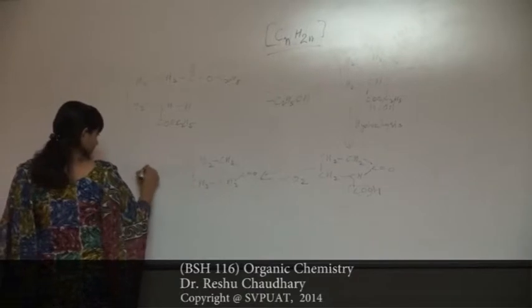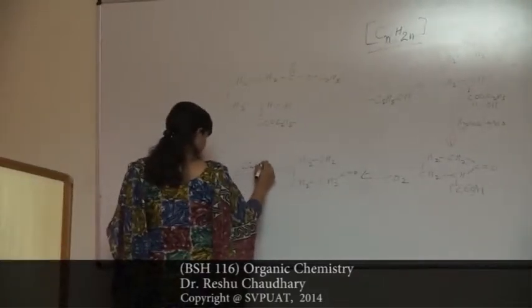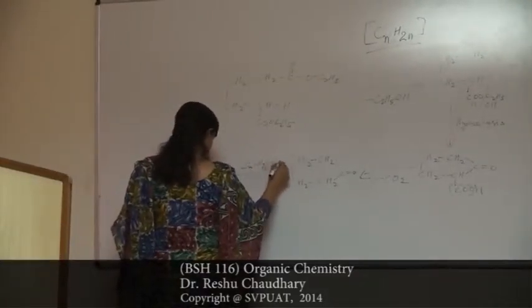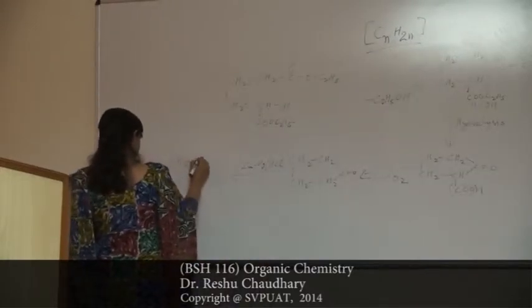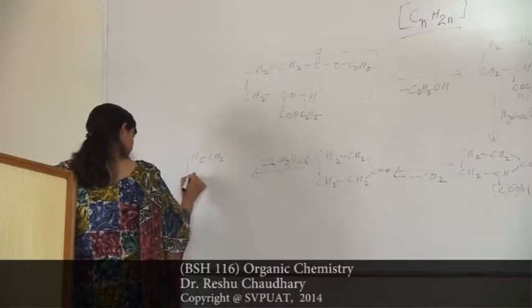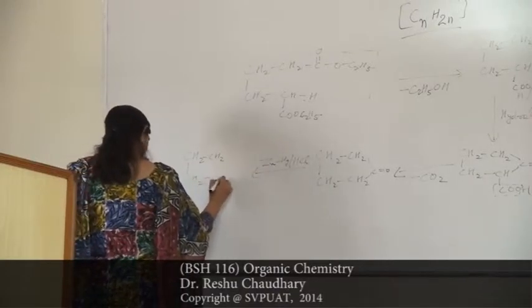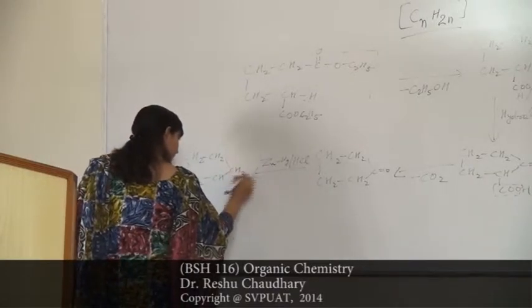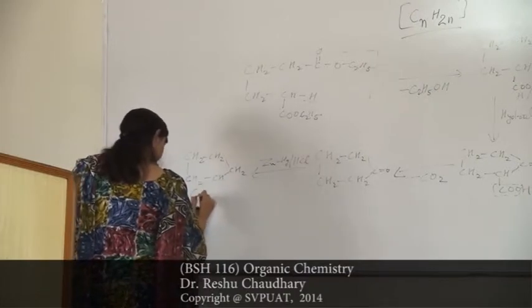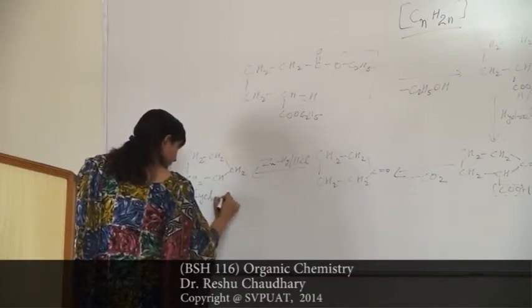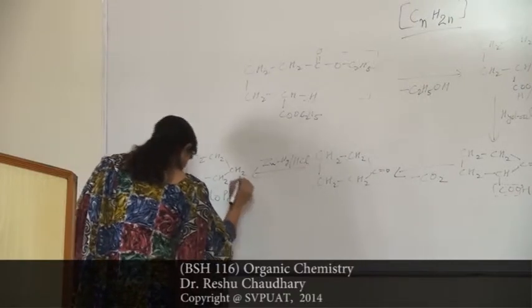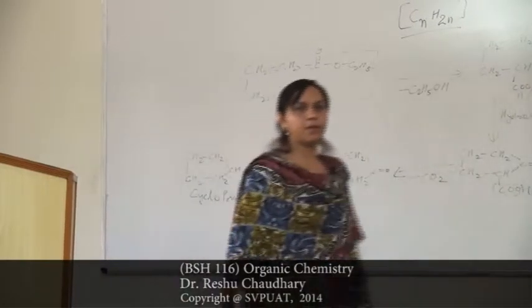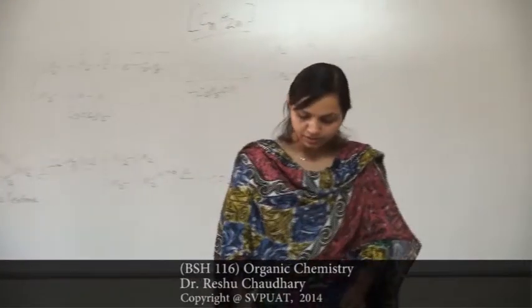When in presence of zinc, mercury and hydrochloric acid, it forms CH2, CH2, CH2, that is cycloalkane, cyclopentane. Here there are 5 carbons, so the name is cyclopentane. This is the Dieckmann method. Next is